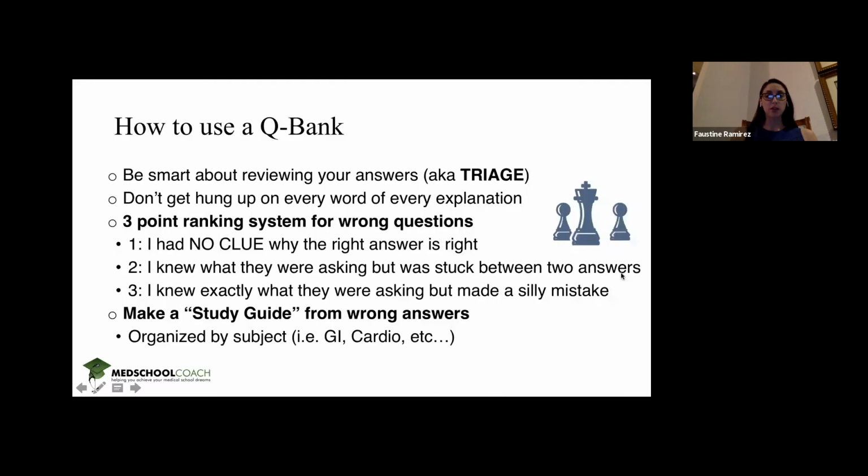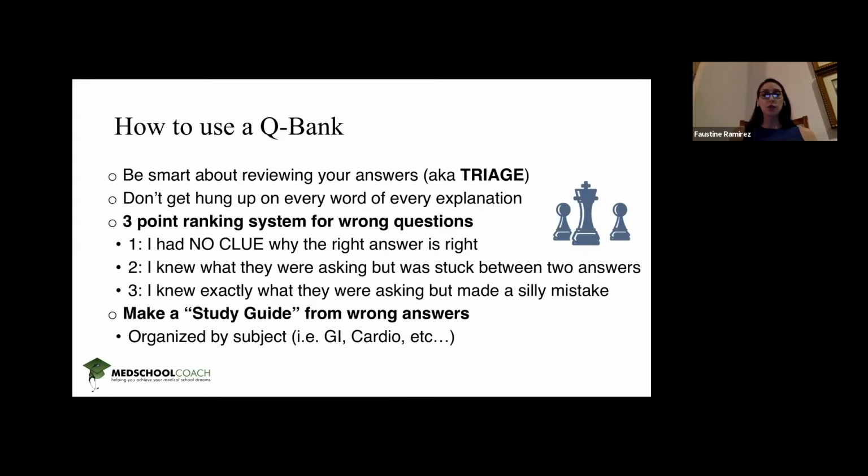Next, I'll talk about how to use the Qbank. UWorld is a golden resource, but if it's used incorrectly, it's not the most efficient. So one of the ways to be the most efficient with UWorld and with any Qbank is to triage the questions and the answers, because everyone is going to have different strengths and weaknesses. And if you spend the same amount of time on all the questions, you're not using your time the most efficiently. You want to spend more time on your weak areas and less time on things you're already